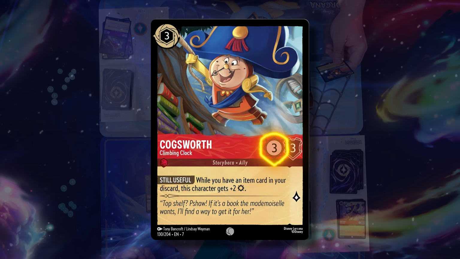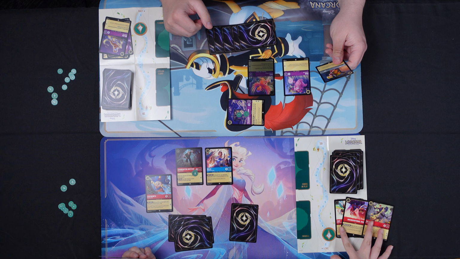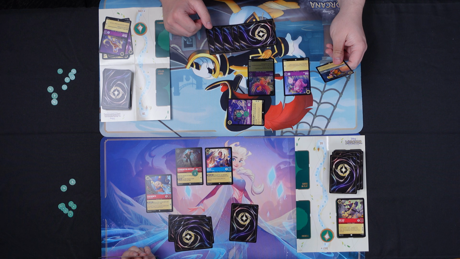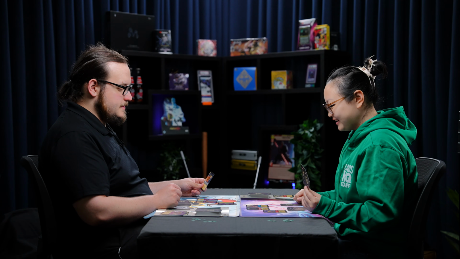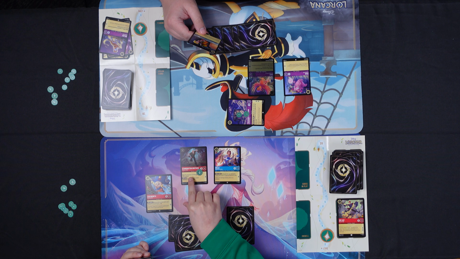+2, that's strength, isn't it? Strength, yep. Wow, okay. And so I currently have at the very least one item card. Right, because you banished that last turn to play Belle, which means that Cogsworth is now going to hit for 5. That's pretty good. I was excited for that one. It changed whatever I was going to do, so it works out very well for me. Right. I don't like how many people you're about to have next turn, so